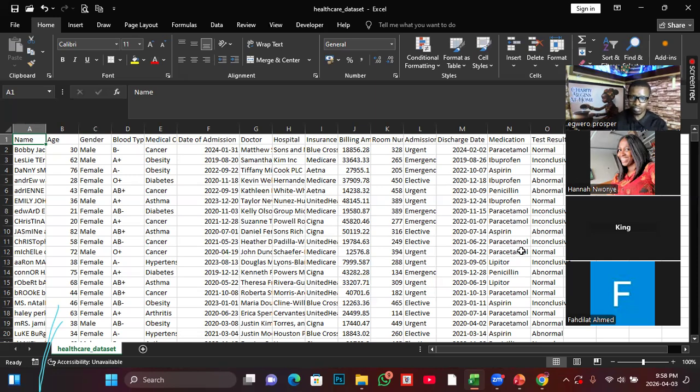Let's do the assignments for tomorrow. Once we have done the assignments, just indicate in the group that assignment settled or assignment done. Once we have downloaded the dataset from that platform, just indicate.